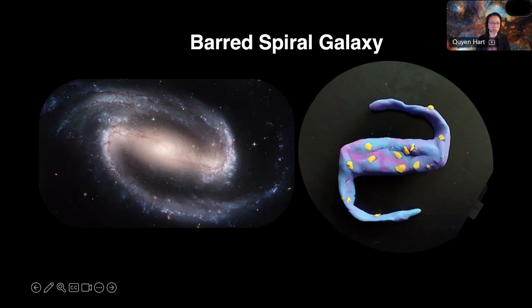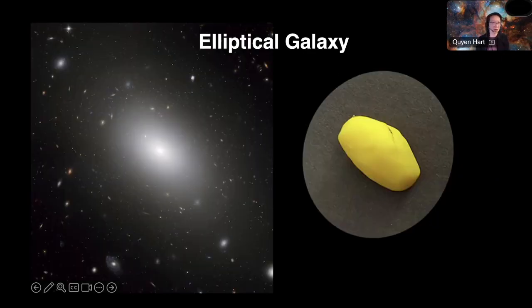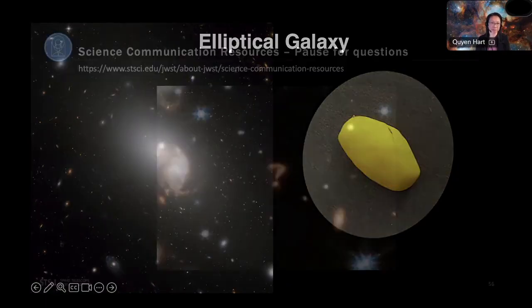And so this is somebody saying, hey, I see that there's different colors. There's some pink areas, there's some blue areas, there's some yellow areas. What does that mean? It's an invitation to have that conversation. And then here we have an elliptical galaxy. So there are different ways to be really creative in your own way to be able to bring the audience along with whatever you're trying to convey to them.